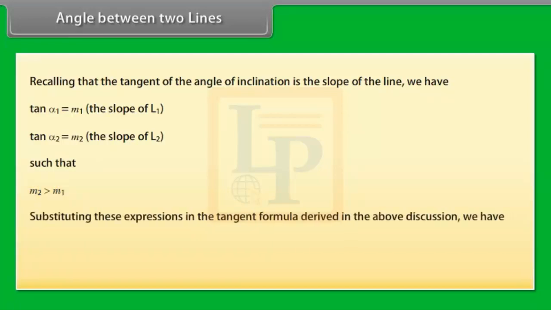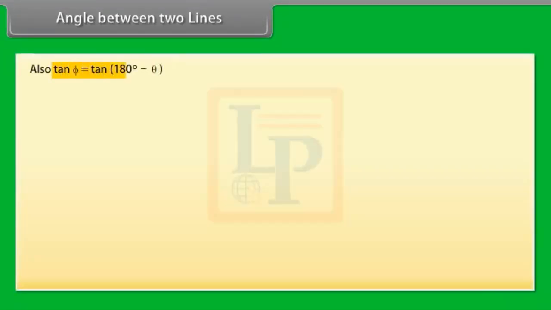Substituting these expressions in the tangent formula derived in the above discussion, we have tan phi = (m2 - m1)/(1 + m1 m2). Also, tan phi = tan(180 degrees - theta) = -tan theta = -(m2 - m1)/(1 + m1 m2), as 1 + m1 m2 is not equal